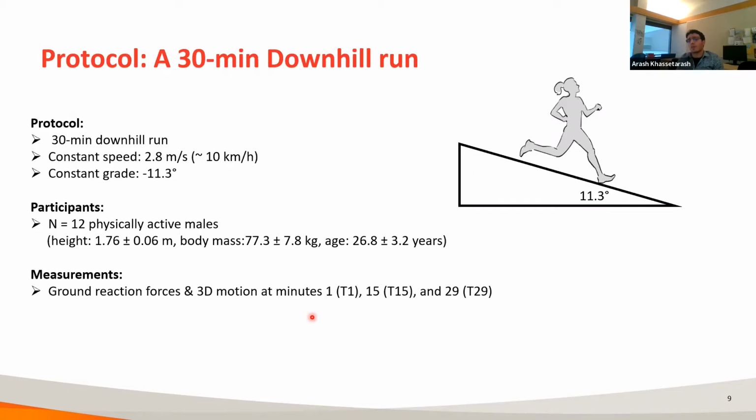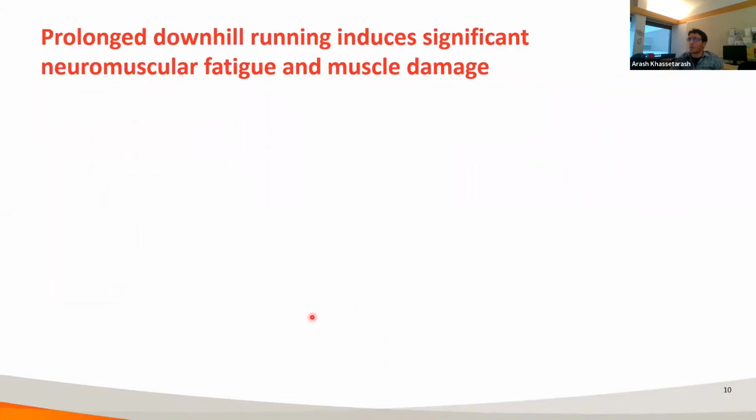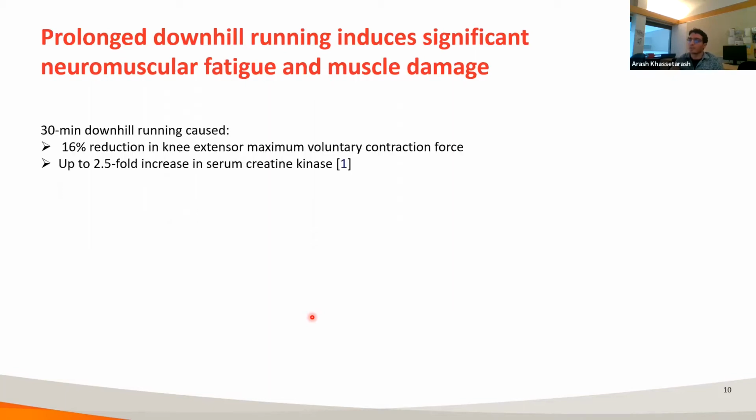We measured ground reaction force and 3D motion data at minutes 1, 15, and 29. Here we will call them T1, T15, and T29. We specifically chose prolonged downhill running as the fatiguing protocol because our previous study from the same database showed significant neuromuscular